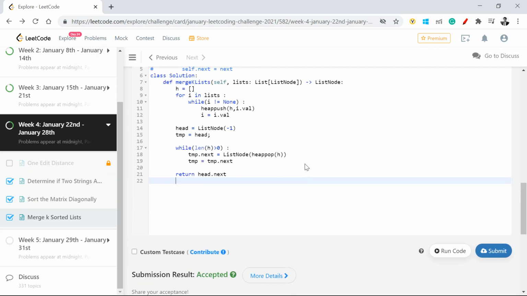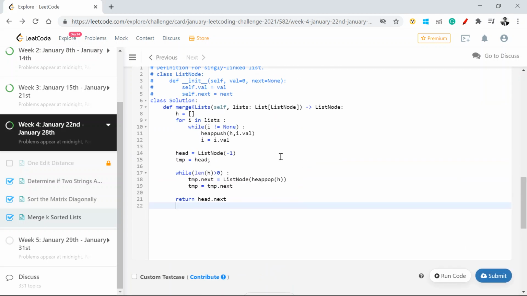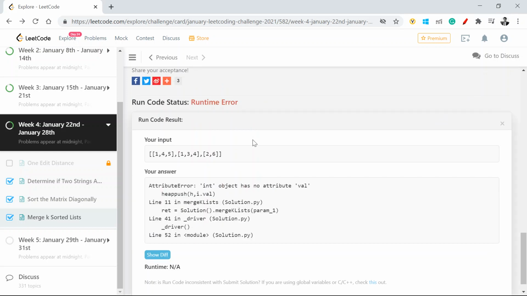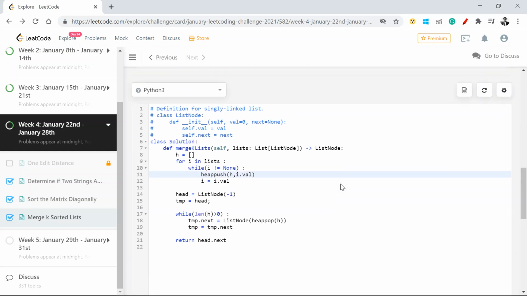I got an error with I dot val. So what was the problem here? This is fine, we push h comma i comma val. Int value has no attribute. Oh, sorry.